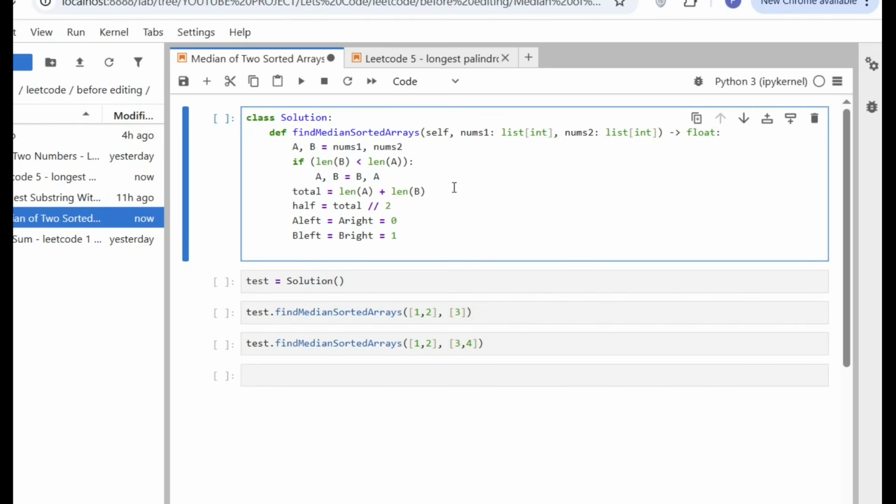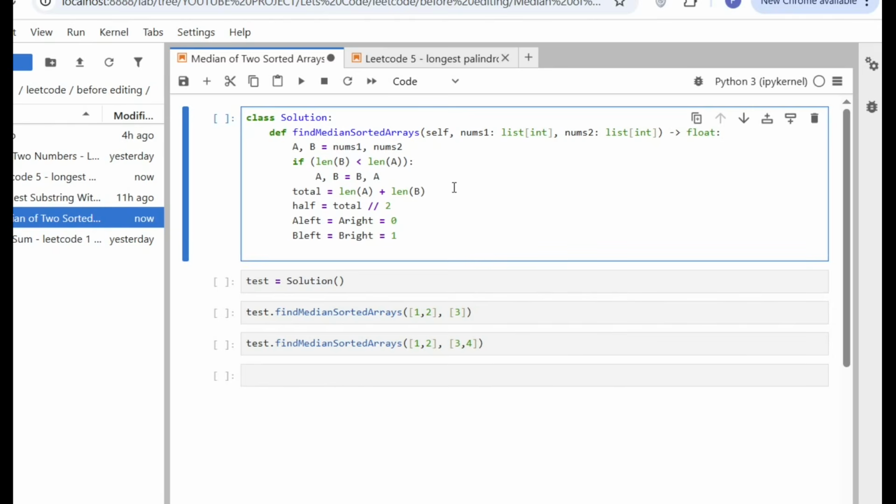And this is just an initial value to make our while true from the start true. We make it true so it can run. This is initial value. We did not do any calculation yet, so I put any value, but we cannot put A left right and B left right